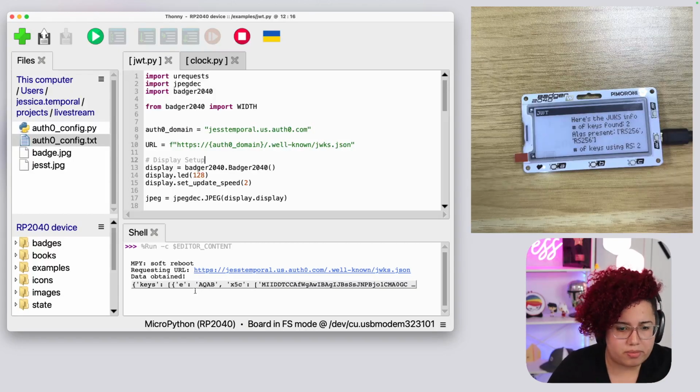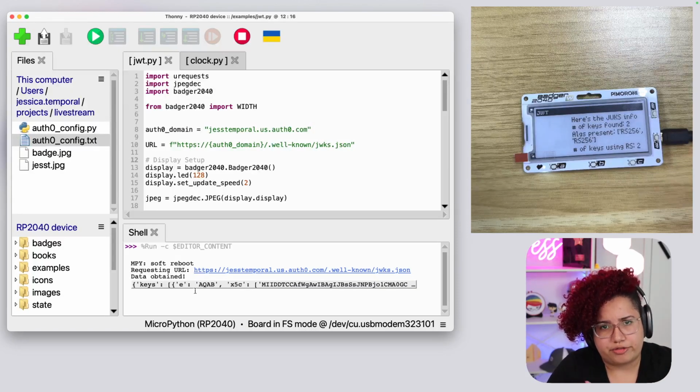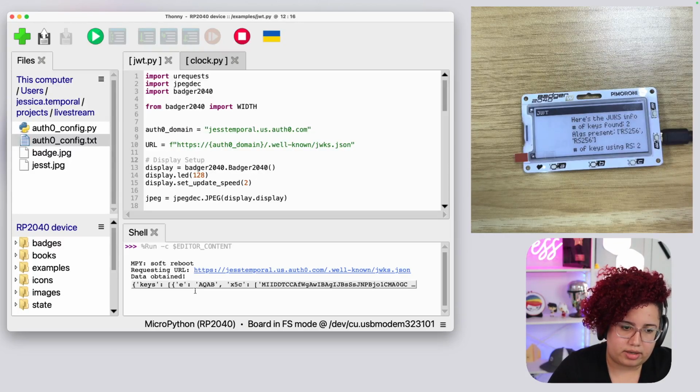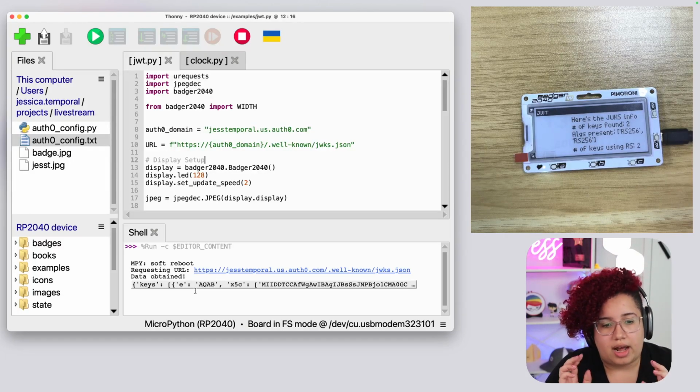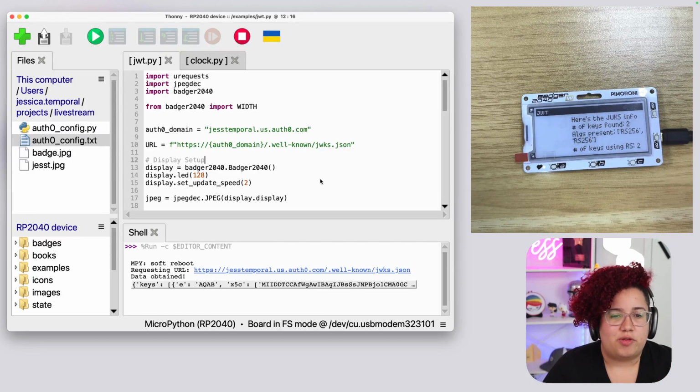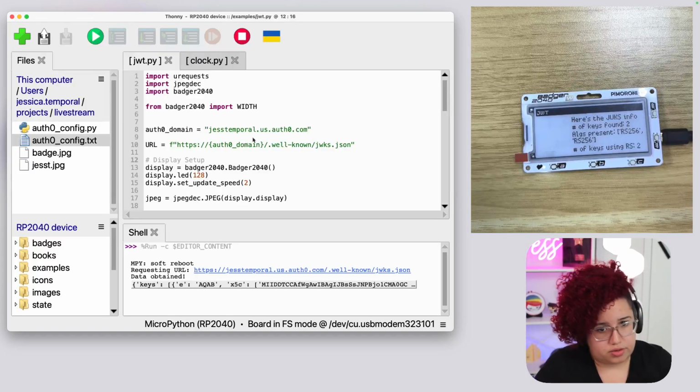Okay, so the script is not broken, but I guess maybe the version that I have on the badge was, for some reason, off, and I need to update it, and I need to figure it out. But anyways, for developing so far, this is fine. Bear with me. So we already know that it is going to Auth0 US,